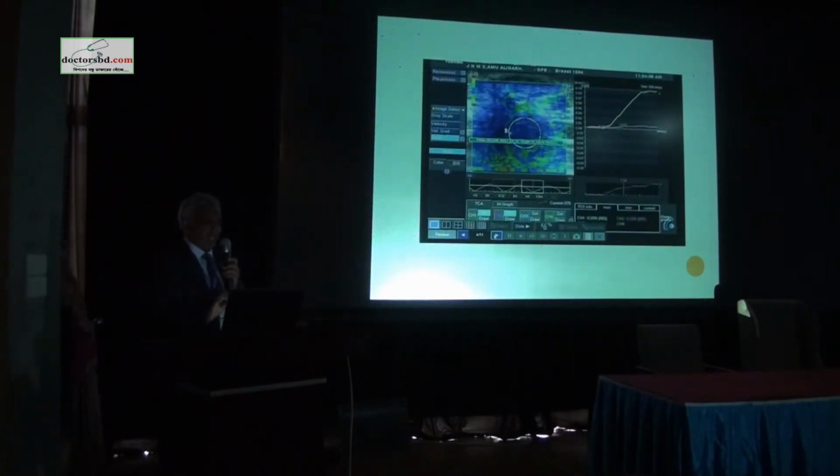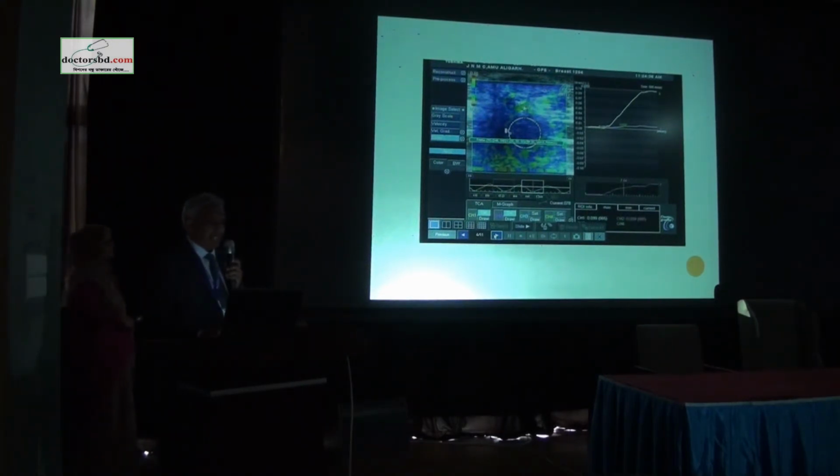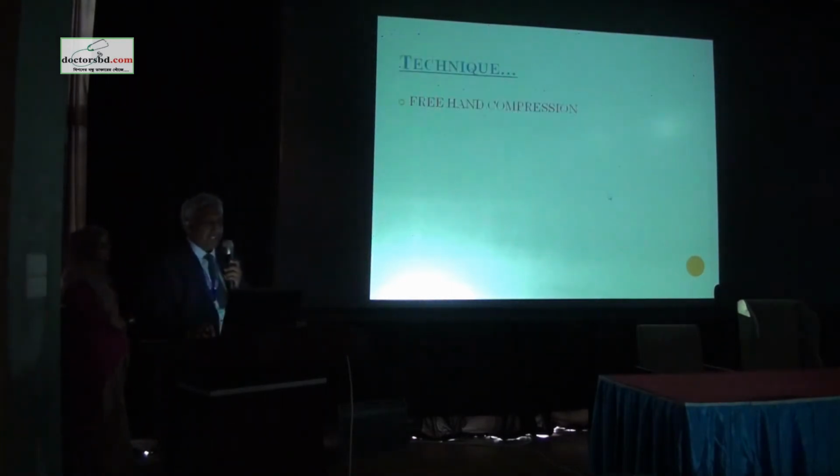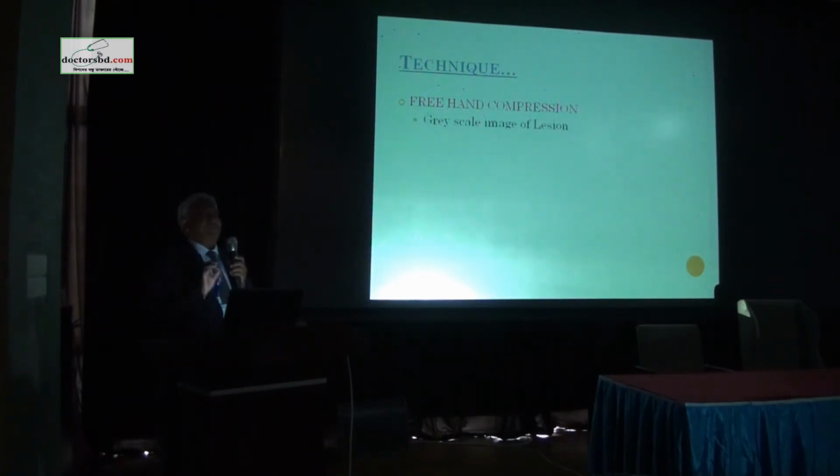Another example over here, look at this elastogram. You find the blue area, and a mix of green as well as red areas. When you put the cursor over the blue area, which represents the harder area, and compare with the tissue stiffness at the green area, you find the strain ratio, tissue lesion ratio, measuring more than 7, that likely represents malignant kind of lesions. This technique is very simple.